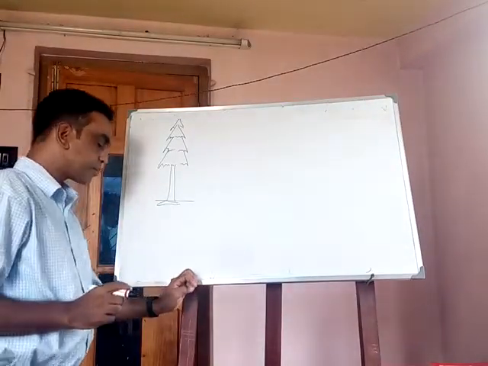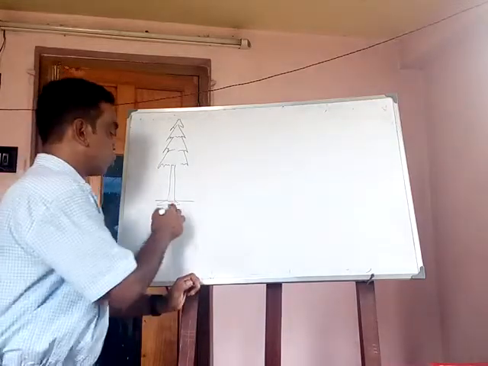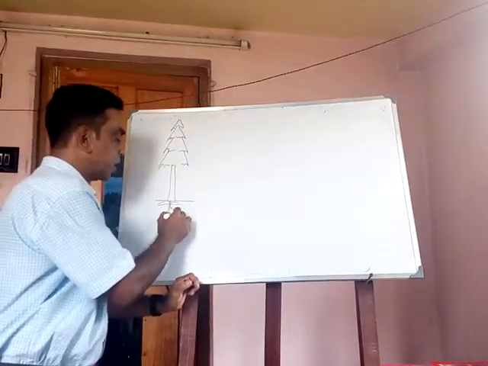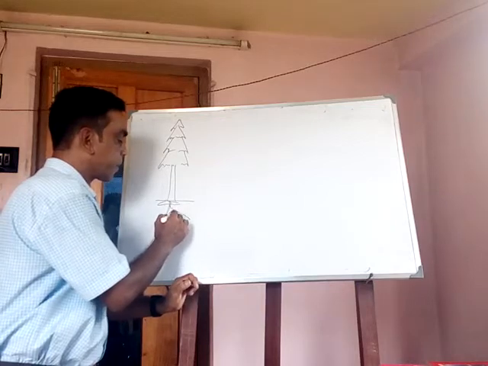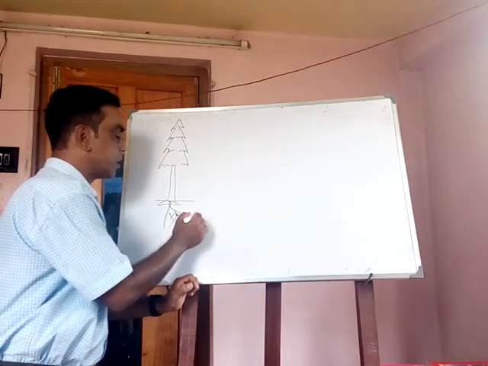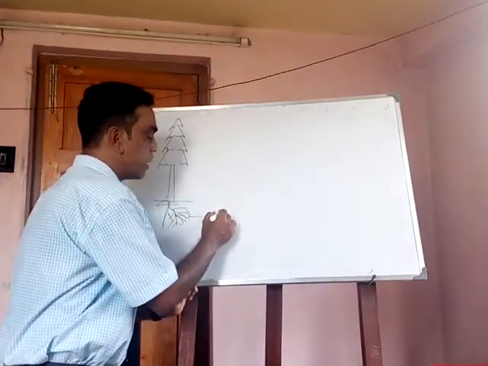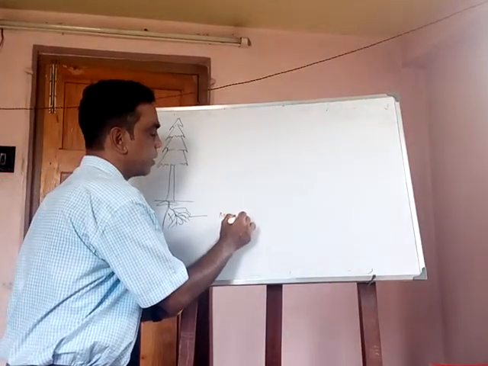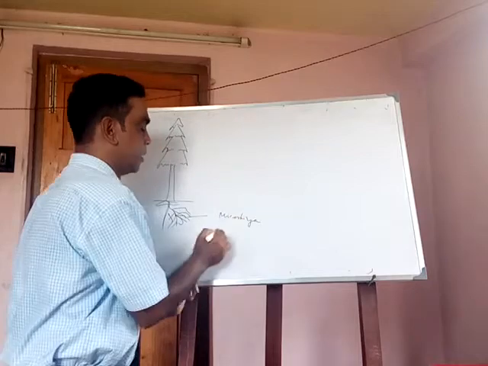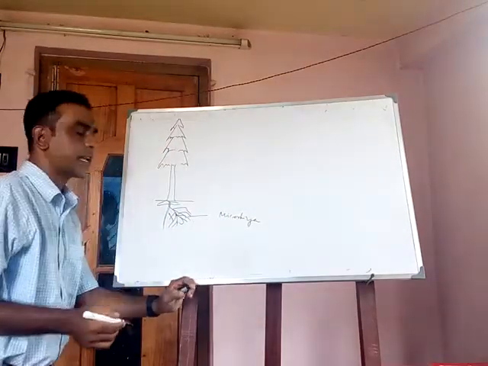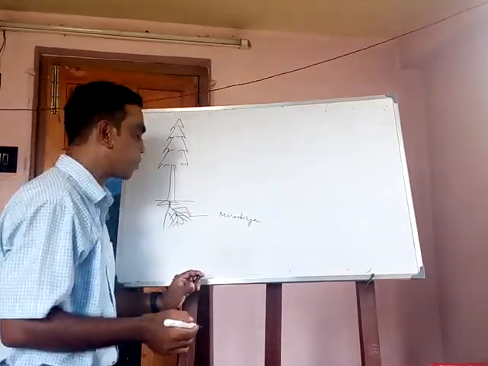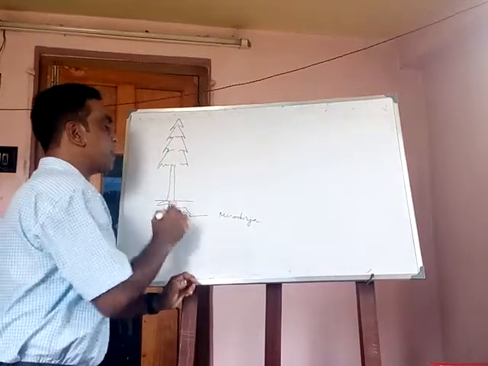The roots are covered with a fungal covering, called mycorrhiza. There are 2 types of mycorrhiza, the endotropic mycorrhiza and the ectotropic mycorrhiza, and the stem is of 2 types,